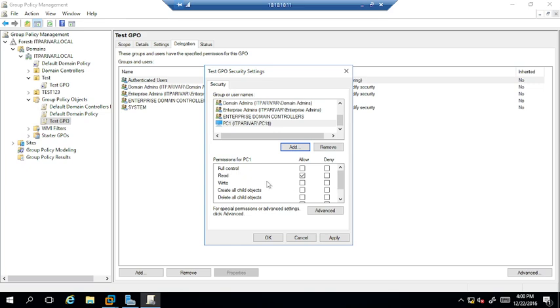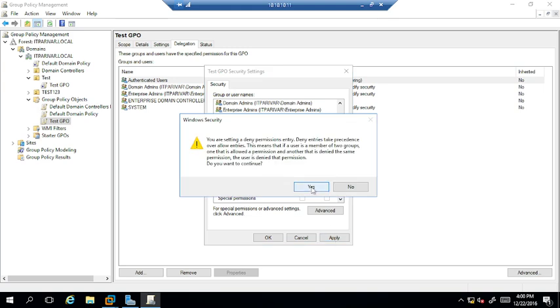Make sure once you add it, you select read. This box should be checked, allow. Scroll down to apply group policy, click on the deny option, then click apply,